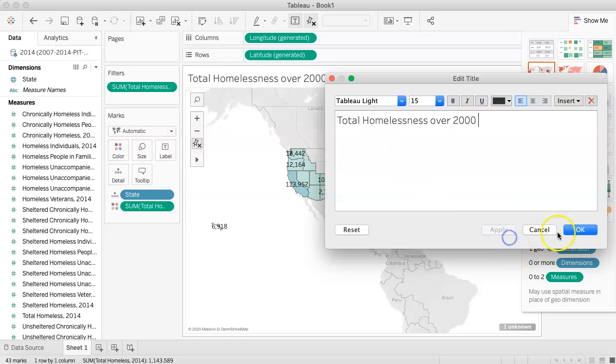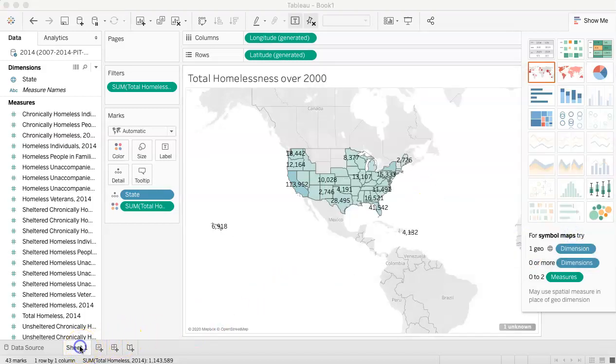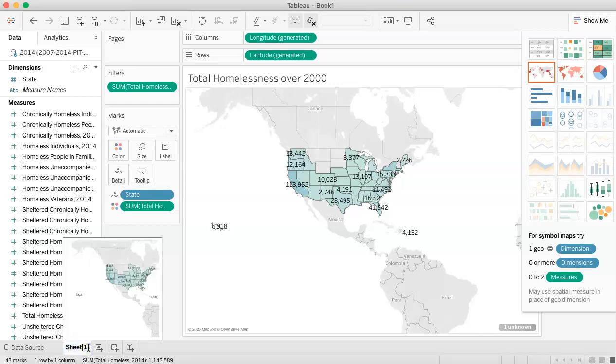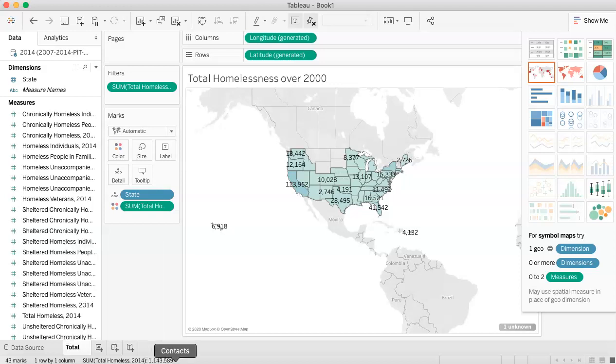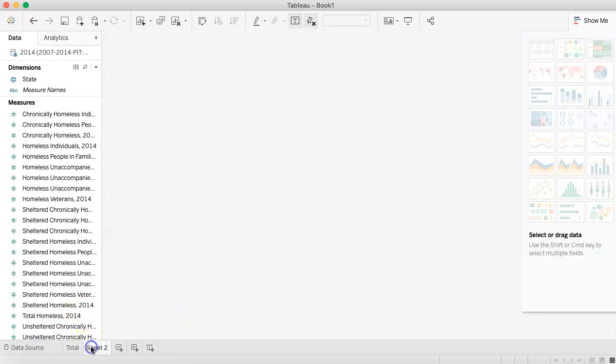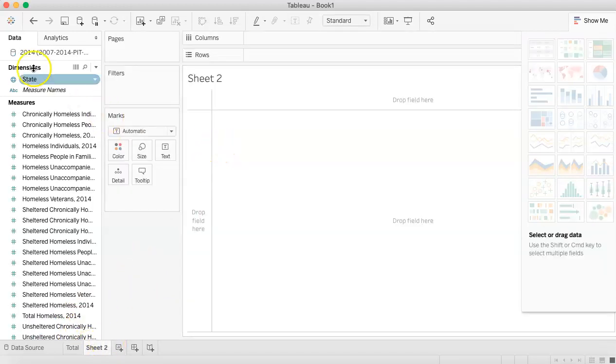Okay, and we're gonna apply and press OK, and then we're gonna edit the sheet's name. And we're going to name the sheet total, because that's all it is in this particular sheet. All right, the next one we're going to open up sheet 2, and we're going to do the same thing